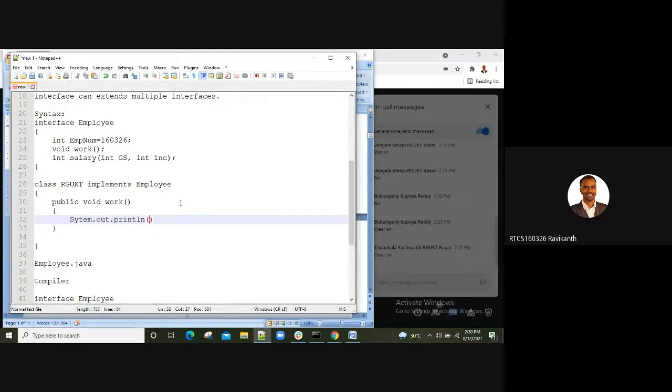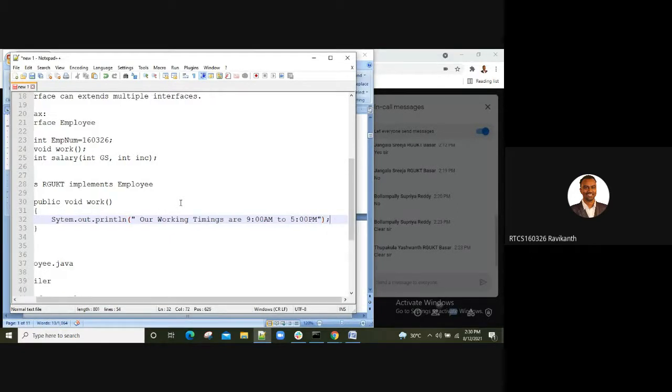System.out.println, our working timings are 9 a.m. to 5 p.m. Of course, we work beyond time also. I'm just taking an example here, right?